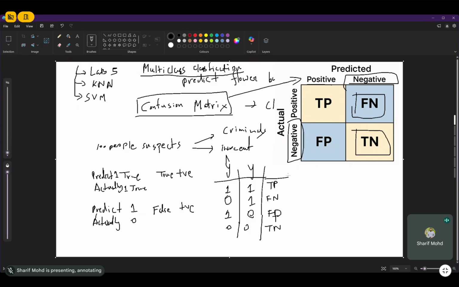Now when the data are predicted, they will go to any of these four categories. When a data point is predicted, they will go under any of these four categories, right? This is my confusion matrix. Now, why is the confusion matrix important? I have already explained by giving an analogy that just by looking at the accuracy plainly from the data, just seeing how many it says correctly, that is actually problematic,